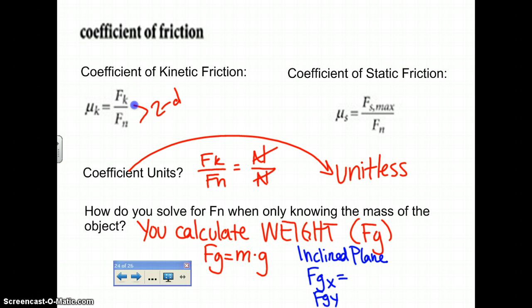Fg of x or Fg of y, which is going to create an hourglass triangle. So Fg of x is going to be sine theta times F of g, and Fg of y is going to be cosine theta times F of g. Okay, so that's how you're going to solve for F of n. There's more to it than that, but that's